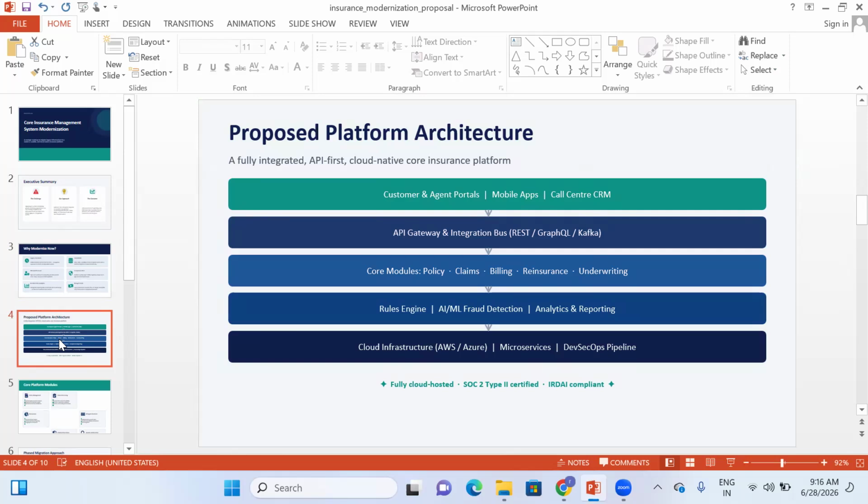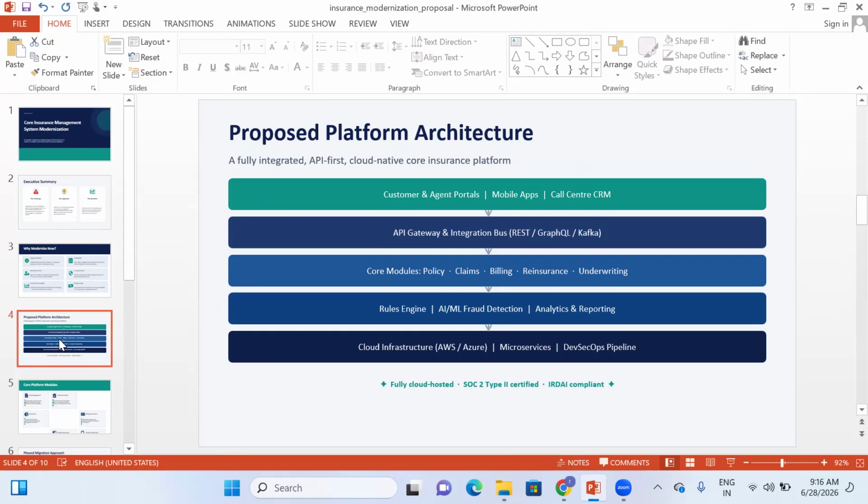This can be explained, right? We have even a call center CRM also. To connect these, we are using API gateway integration, and RESTful APIs can be used. We use Kafka at regular intervals, as well as GraphQL, etc. This technology stack can be anything. As an example, I'm taking one stack, but it can be different as per our budget, timelines, expertise, and technical requirements. It can vary, so it is not exactly the same.